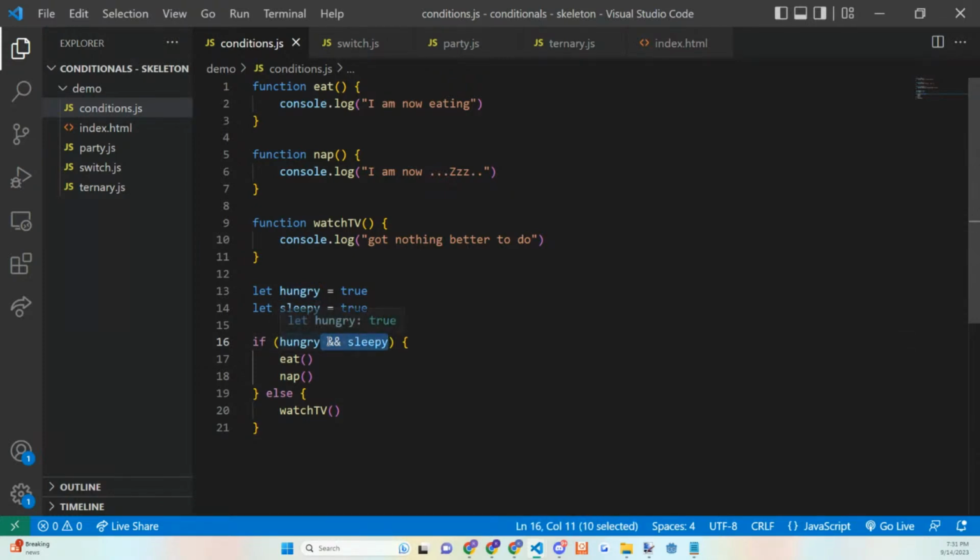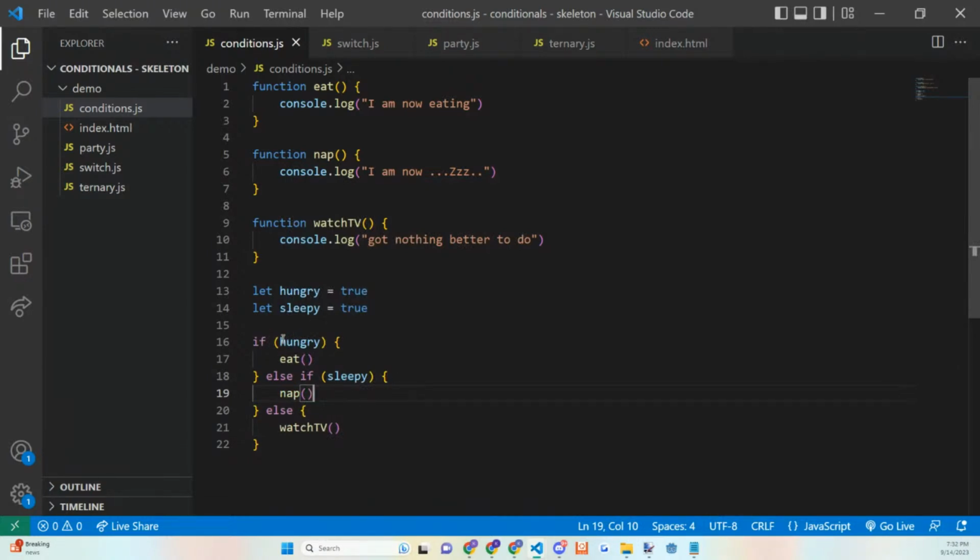So we're going to remove sleepy here. We know that when somebody's hungry, they're going to eat. But if somebody is sleepy, we're going to include that here with an else if. This else if is allowing us essentially a third scenario to take place. And I've got to open up the block here as well. Oh, whoops, actually that's good. And in this case, if somebody is sleepy, then we run some execution of code. That execution of code in this case is to take a nap.